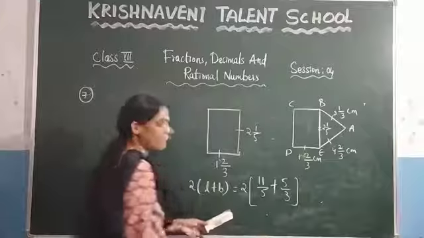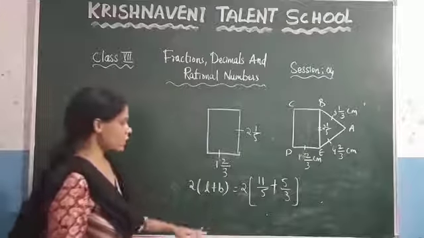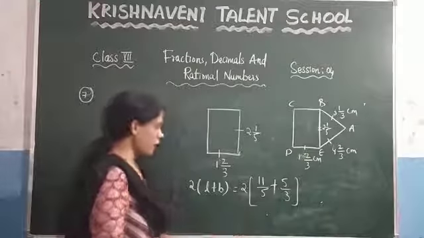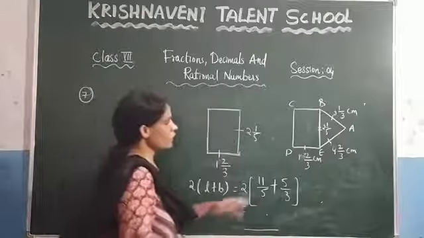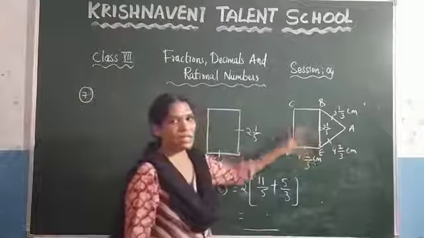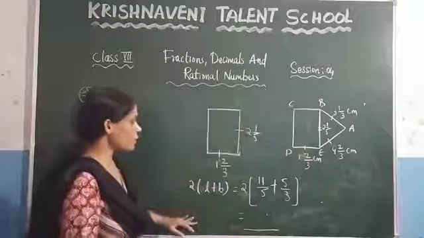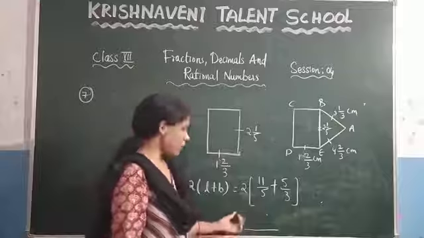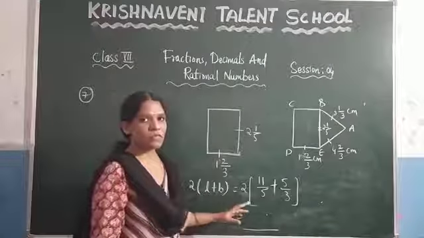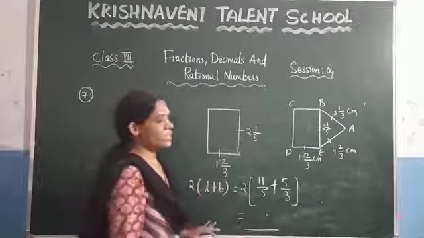And again you have to take the LCM of 5 and 3. You know that it is 15. And after calculating, you will get one answer here. And as we calculated the perimeter of the triangle, here we have calculated the perimeter of the rectangle. After that, you need to check which fraction will be the greater one. That will be the greater perimeter. Like this you can solve it.